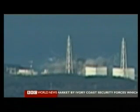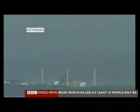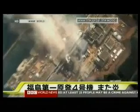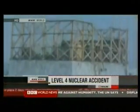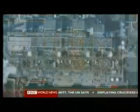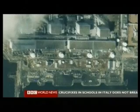A day after the quake, a reactor building exploded. Then another, and another. But scientists knew of the earthquake and tsunami risks, so what went wrong? I think the risk of tsunami was just not figured into the equation. It's a situation where not all contingencies were taken into account. Because, again, the earthquake was handled, that was fine. It was a tsunami that swamped all of the 6 stations afterwards that is causing all this